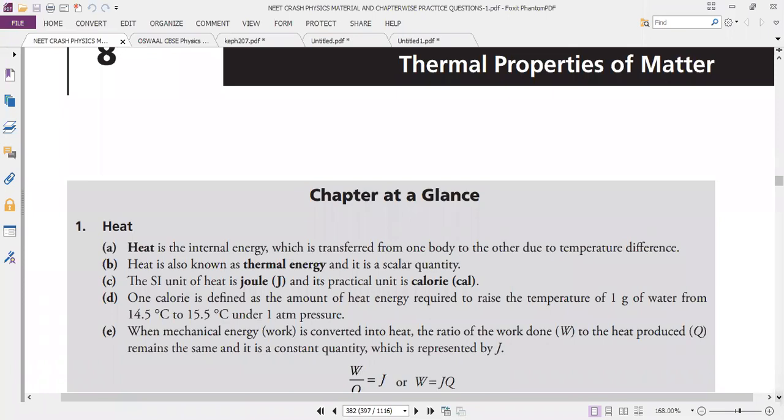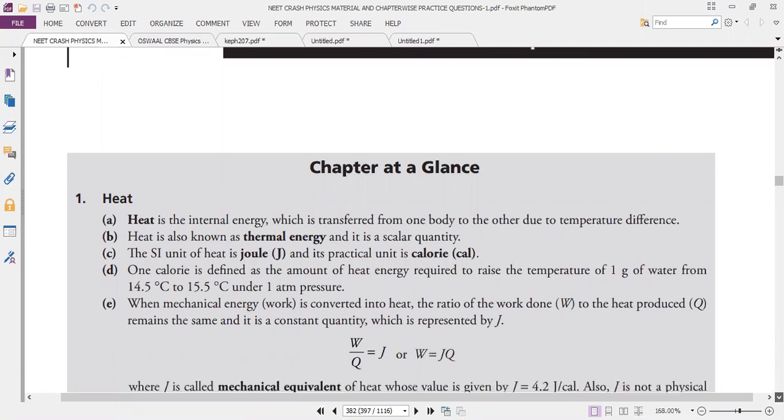So how to measure the heat? The measurement of heat in SI form is the joule. The practical unit is calories. You can buy any food product, biscuit or banana, whatever it may be. On the backside they will mention it is 420 calories, 500 calories. One 10 ml is equal to 50 calories, like this. So that is also a kind of energy only. We are getting energy from the food.